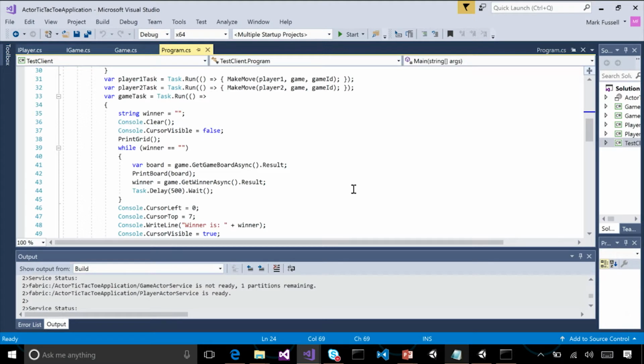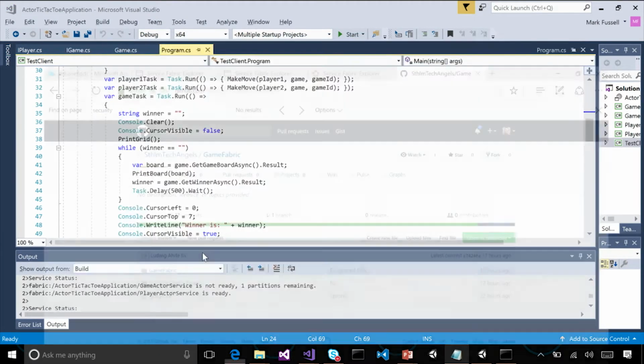So both players are trying to cheat. They're trying to make moves as quickly as possible without waiting for their turns. But the game actor is keeping them in line. Okay. So this all gets deployed as a